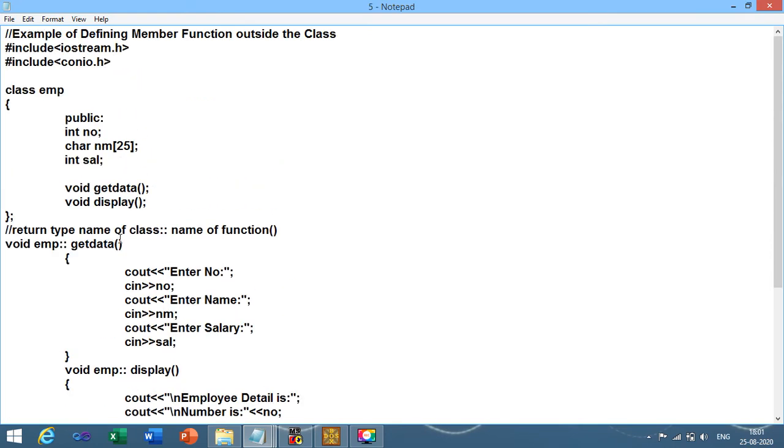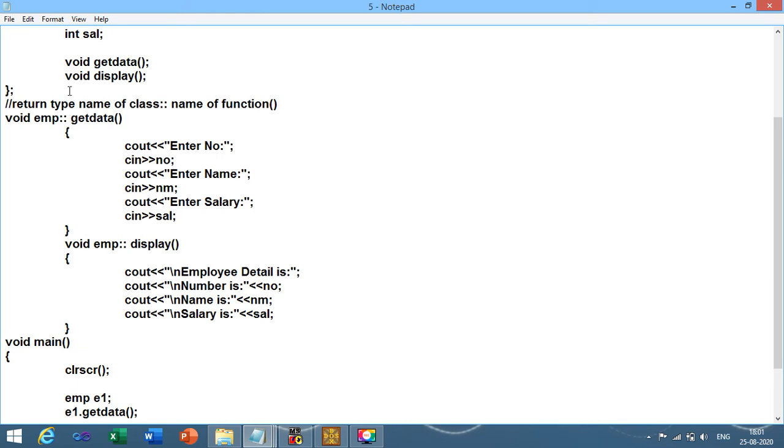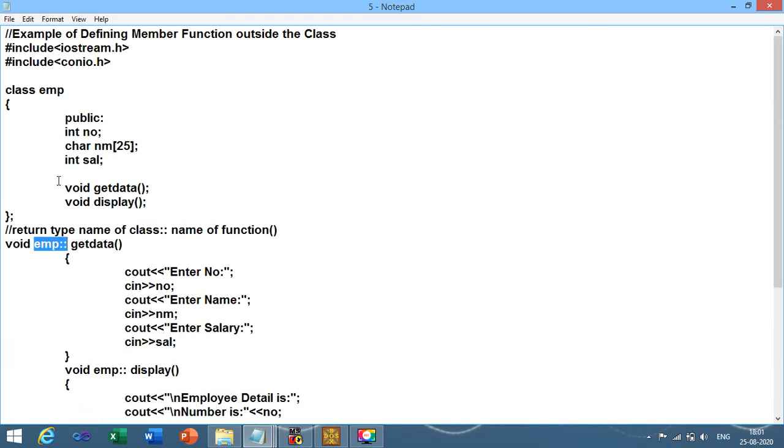See, there is no change regarding the code right now, right? Whatever code we have declared inside the employee class, that function I am going to cut and paste outside the class. After that I have mentioned that get data is a part of employee class, and the syntax would be EMP and scope resolution operator. And I need to mention that in future I am going to develop the body of get data and display. It is possible using void get data and semicolon. Don't forget to put a semicolon over here.